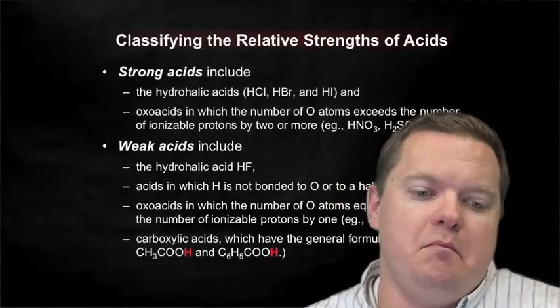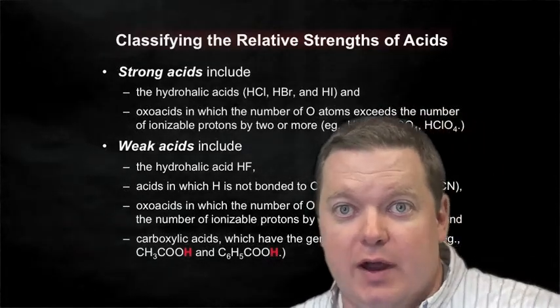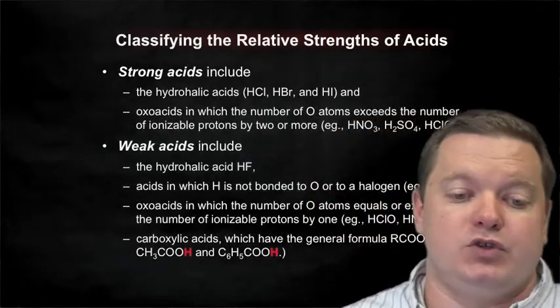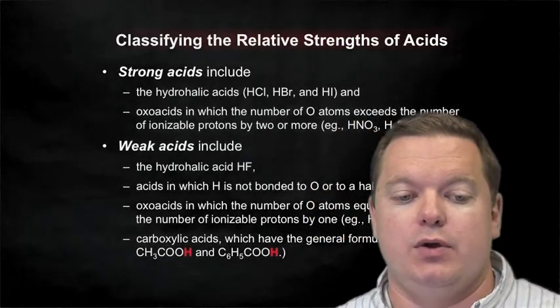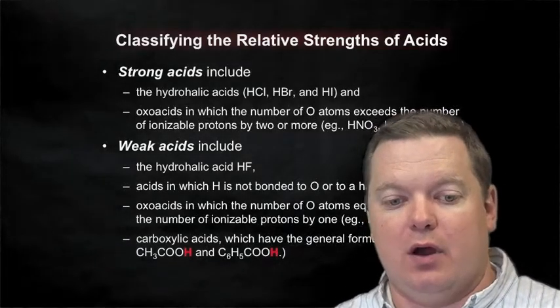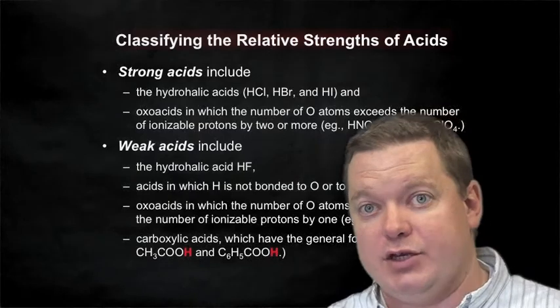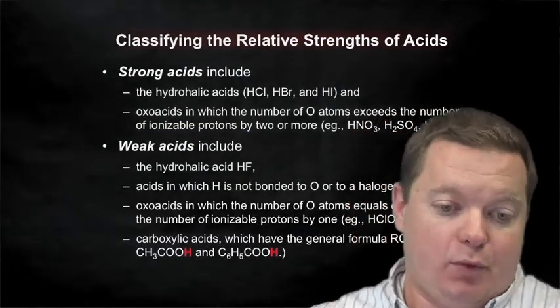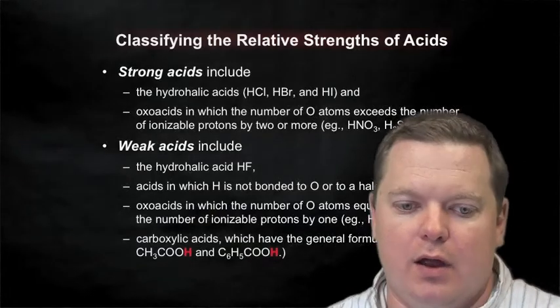So aside from memorizing a list of strong acids or strong bases, there are a couple of rules to help us remember these. Strong acids are always going to include those hydrohalic acids: HCl, HBr, HI. Not HF, because of the high electronegativity of fluorine, but the rest of them, HCl, HBr, HI, are all going